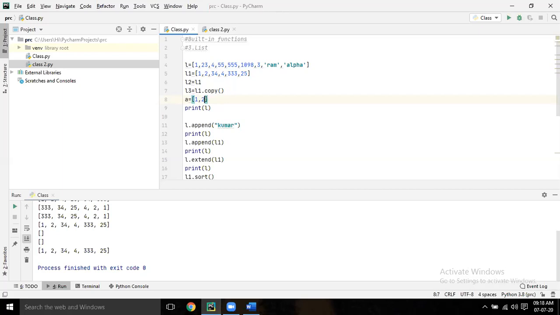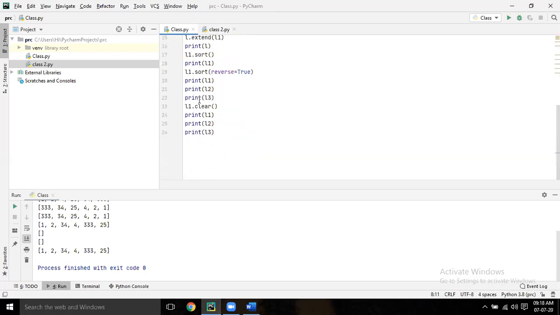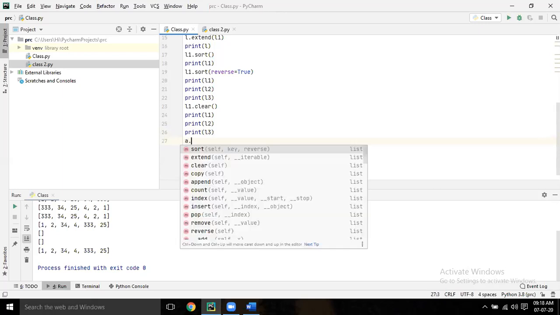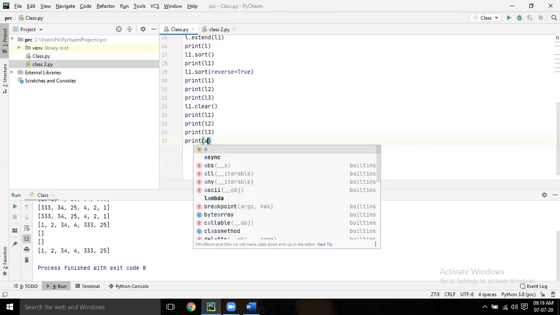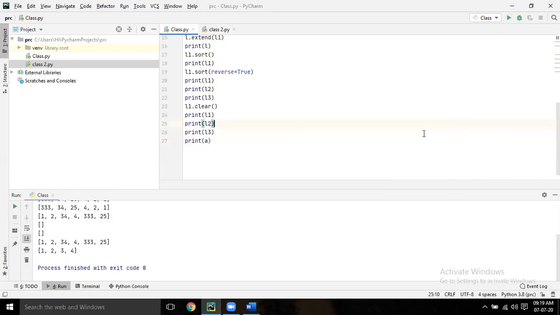Now come down. Print a before that. A is 1 2 3 4. Now write a dot remove 2.